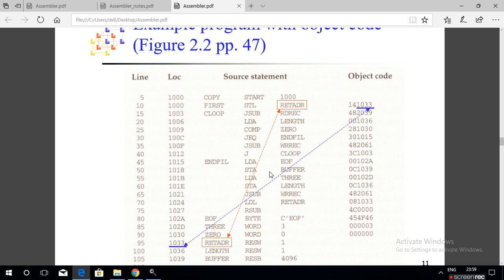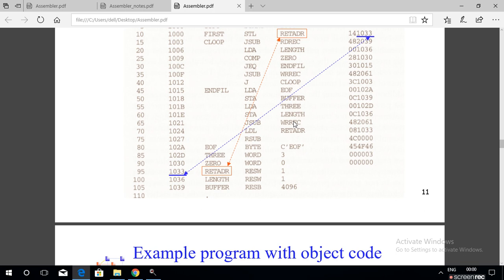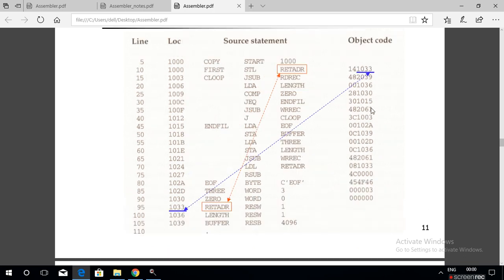This is pass1 of an assembler. I have explained the algorithm by taking this assembly language program as an example. So this completes the data structures used in pass1 of an assembler and the complete algorithm.